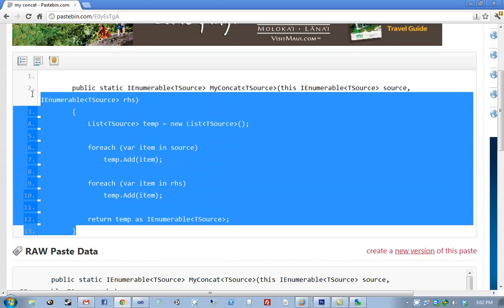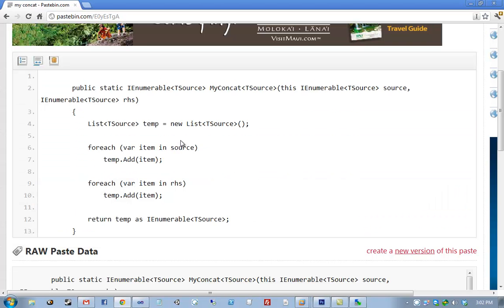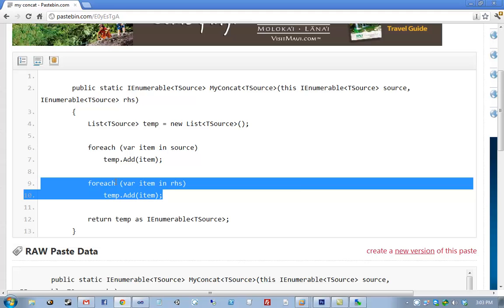Okay. But the reason why this isn't a valid implementation is because of the specification, well, there's kind of two reasons. This isn't as fast as the other implementation. That's one of the reasons. It's not as fast because we're instantiating a list and we're adding a bunch of items to it. But besides that, it's not deferred. And that's a problem because imagine if source or RHS were infinite sequences. Well, imagine source is a constant sequence, but RHS is an infinite sequence. By doing this right here, we don't give the opportunity to yield back to the caller for the caller to stop the execution of it.